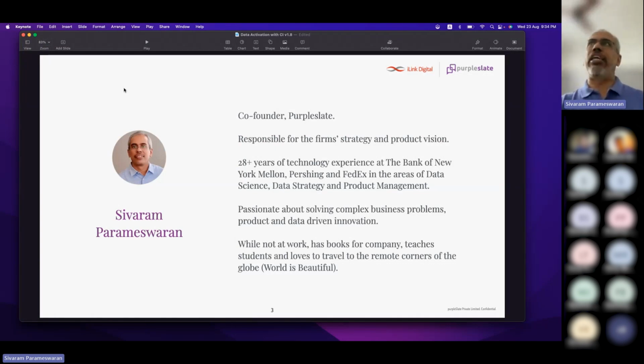Today's session is more around how we leverage one such technology. There are two major elements in the heading: one is data activation, the other is conversational AI. I head the business unit around conversational AI and have been doing this for close to 6 years now. Before that, I spent a significant portion of my time in Wall Street building technology for Bank of New York Mellon.